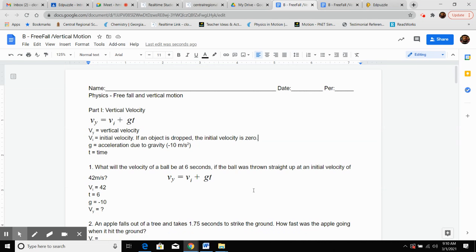So what we're going to be working on today is just the vertical part of projectile motion. So free fall and vertical motion. These equations we're going to use starting tomorrow in combination with our x components. Our Vx is equal to displacement over time. All right, so those equations will kind of work hand in hand, in which case you'll need time from one